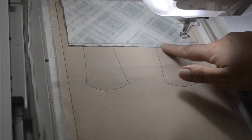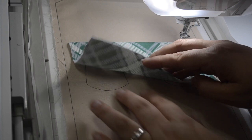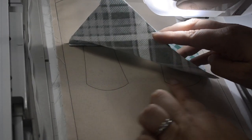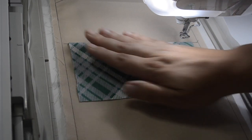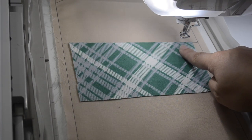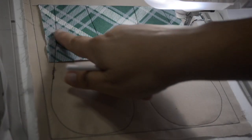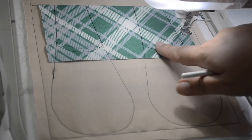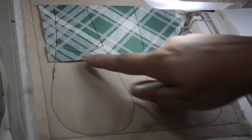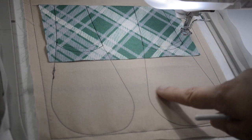Okay, so our tack down stitch is complete. Now what you want to do is take this piece of fabric and you want to pull it down this way. And you want to completely cover this under stitch right there. And just pull it down this way. And your next stitch is going to tack down this piece of fabric right there. Okay, so now we have the top part of our fabric right here secured to our stabilizer, and then I went ahead and did the placement stitch for the next piece of fabric,